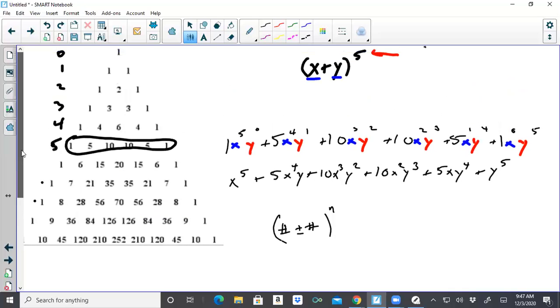So the only problems that I would ever give you are like problems to the third or to the fourth, and most of you would just prefer to multiply it out anyway. So this is, again, something that's SAT type related, all right? So the way that they might ask you a question is they might ask you a question that looks something like this. So the SAT might ask something like